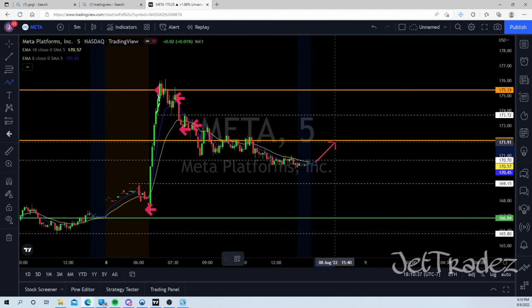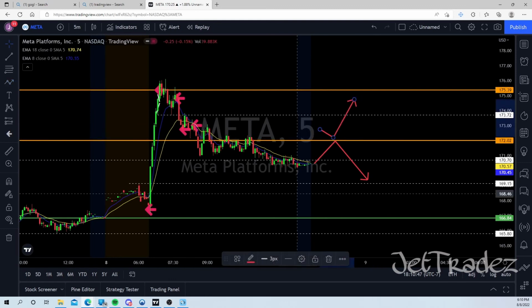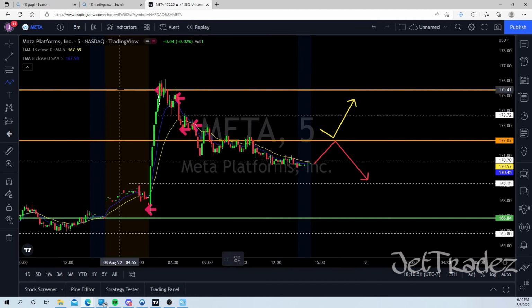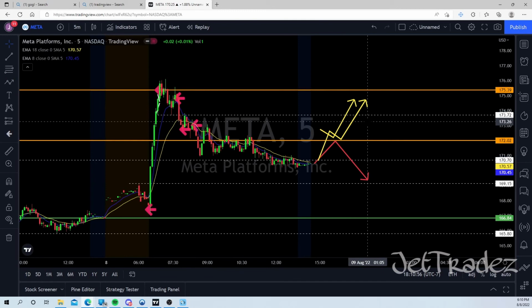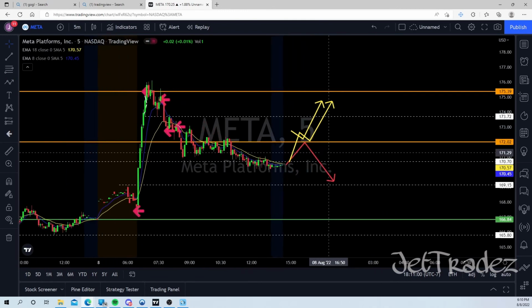If it opens below, then I will wait for a rejection here to drop it back down for puts. But if we open somewhere around this area on the top side, then I will expect the bounce to come back up. That's if we have a gap up. If not, the other scenario would be that it breaks, bounces, and then comes back up. So depending on what I see in pre-market tomorrow, which obviously I cannot tell you right now,